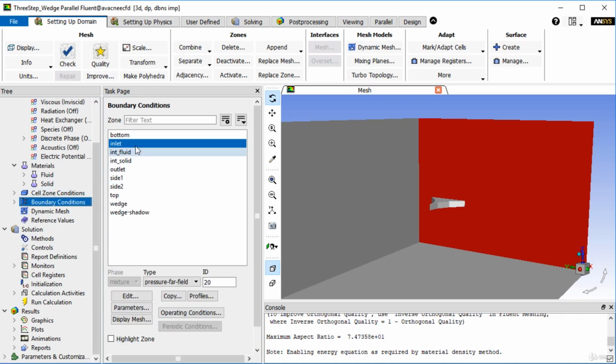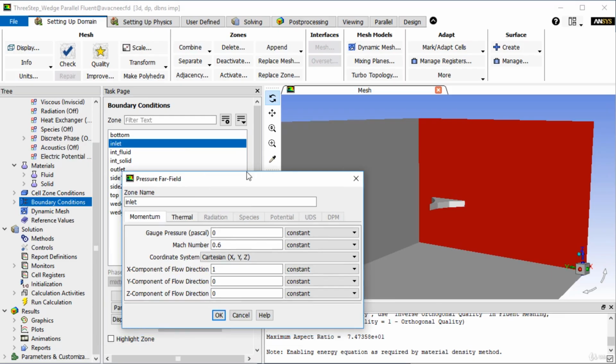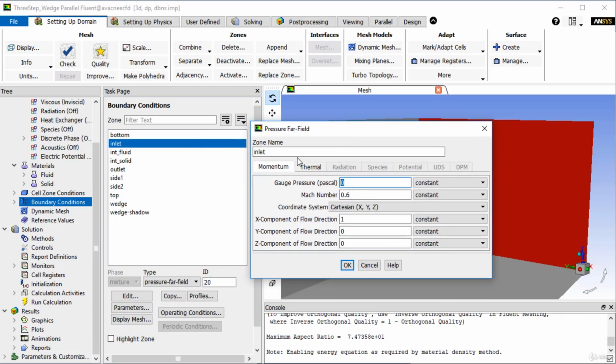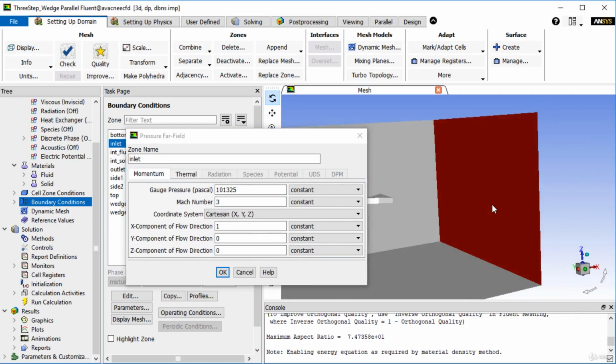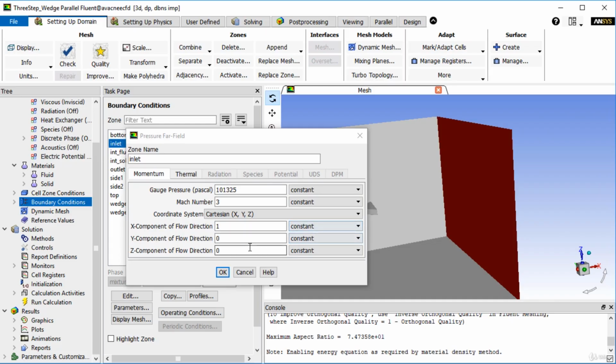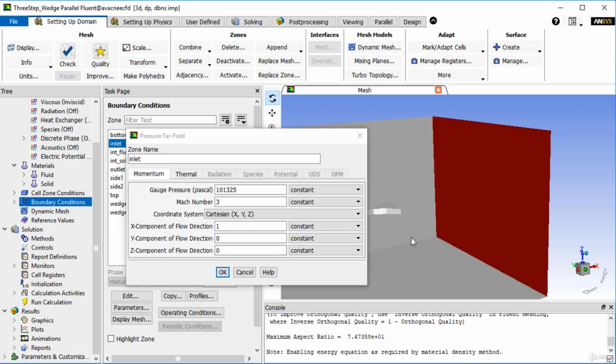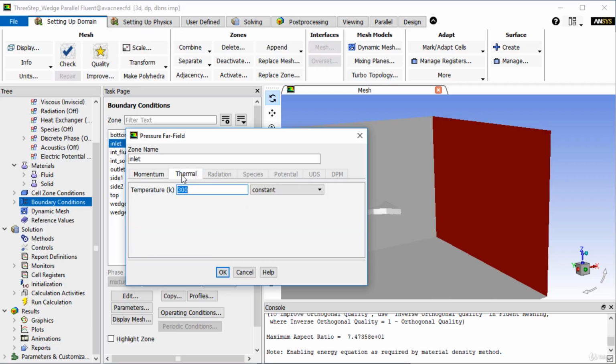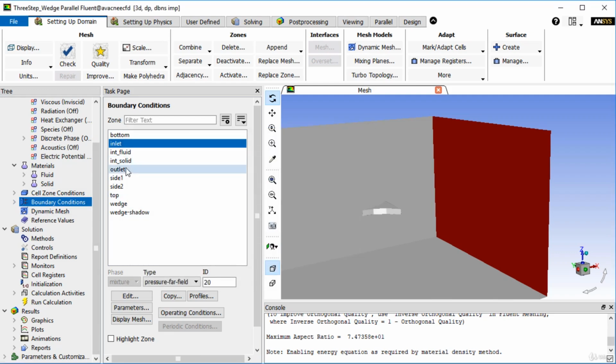And now go to the boundary conditions, and at the inlet we put the Mach number as 3. So first, the pressure at the inlet, as I told you, is 101,325 pascals. Mach number is 3, and the flow goes from minus x to the plus x, so from left to right side. So click on OK, and in the thermal, put the value of temperature of sea level, which is 288 kelvins,